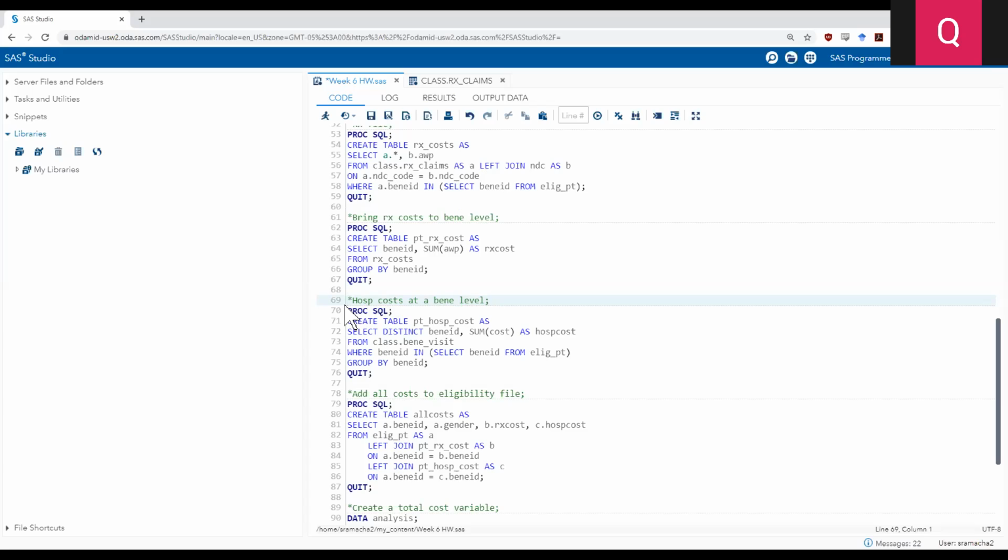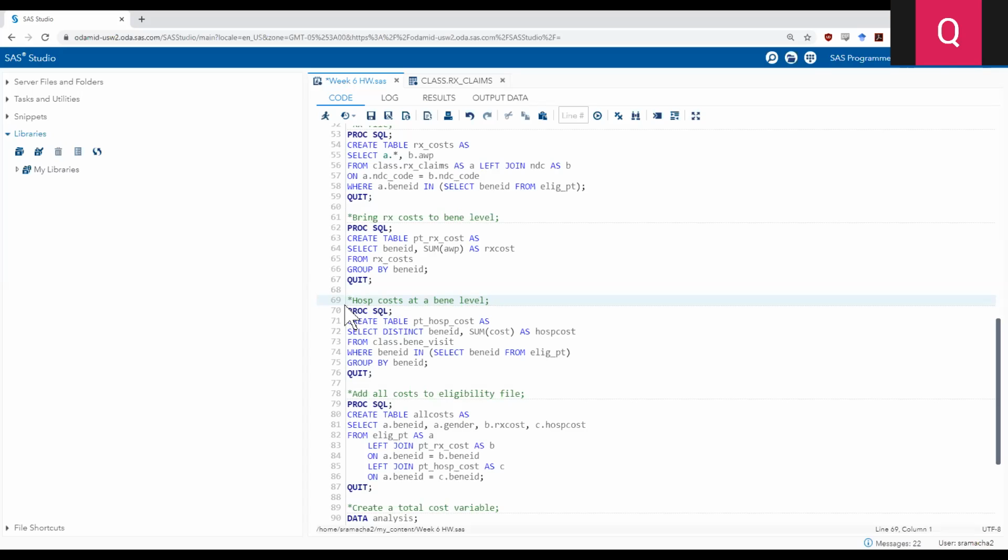There was Bene ID, but when I merged the RX claims and FAT 690, I could see all the values missing for Bene ID. I don't know. That is why I was so confused. Then I tried to create one.